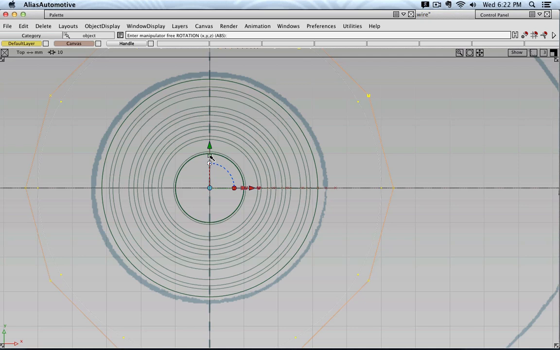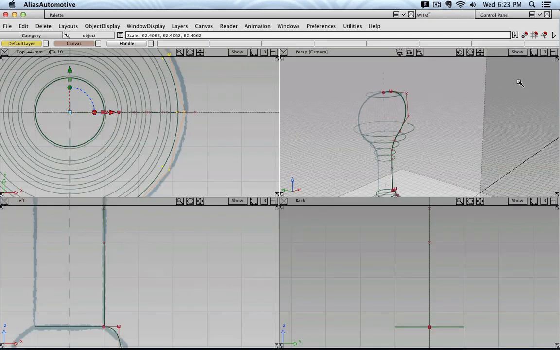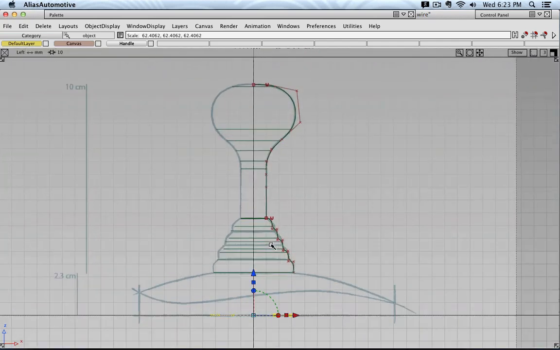Now I would like to uniformly scale this part a little bit, so I click, for example, the rectangle, and then you see the inside of this icon changes the shape. And when I now click on the blue icon, I'm actually scaling the ring along all axes at the same time very evenly. Now I have to, of course, make sure that my proportion is good in relationship, for example,